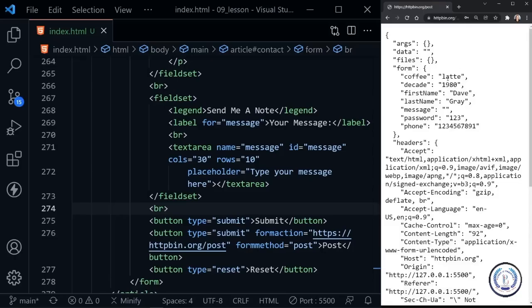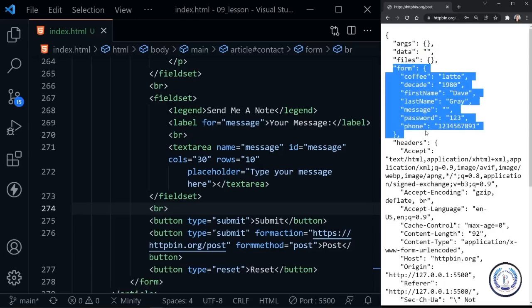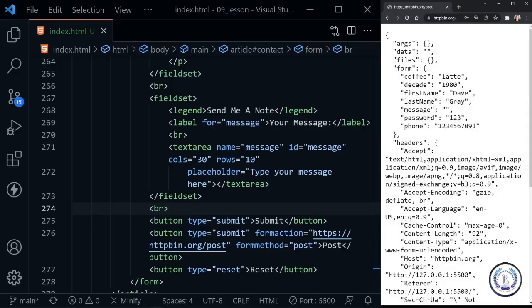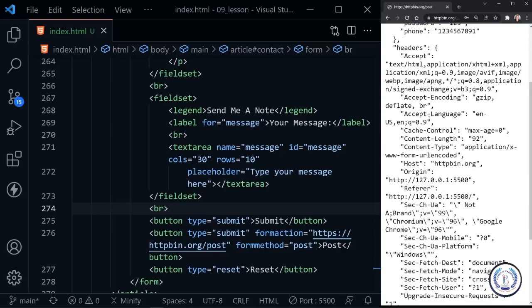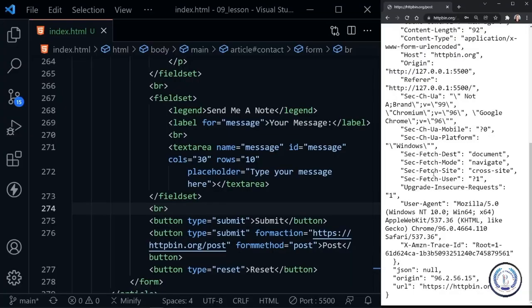So we sent it post now to the same website, and you can see it's under form, not just args as they were processed with the GET request. However, this is, of course, just for this server. It could be processed differently on a different server, but we have our labels and we have the information from the form. What's important to note is that it says the origin, where it was sent from, and different things here, and it says the URL at the very bottom where it was sent to,